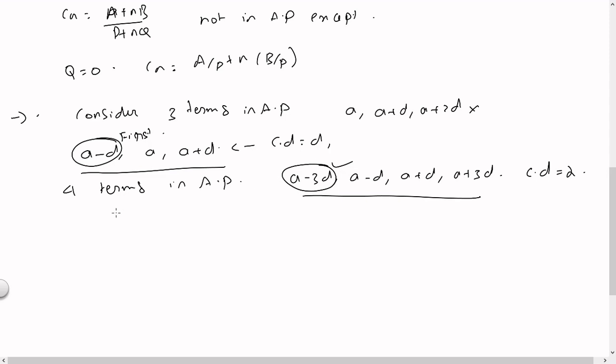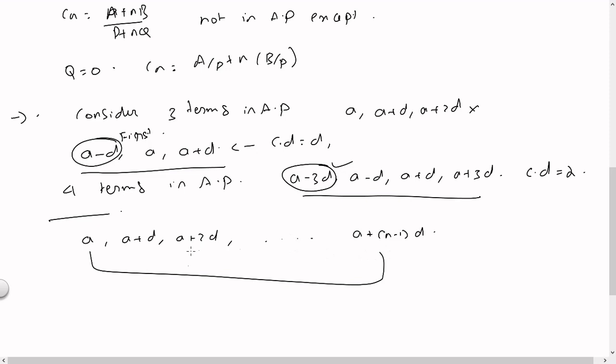Now, there are many other properties of arithmetic progression that we can keep on making up and discussing. This I leave to you. You should be exploring the terms of an arithmetic progression and come up with as many observations as you can. For instance, if you take a, a plus d, a plus 2d and so on, up to a plus n minus 1 into d, and add the first and last terms, what will you get? 2a plus n minus 1 into d, right.